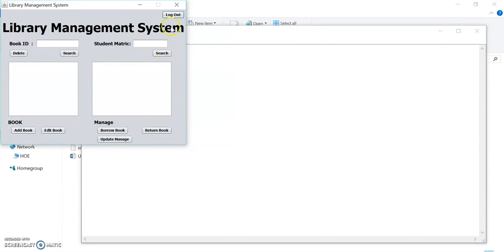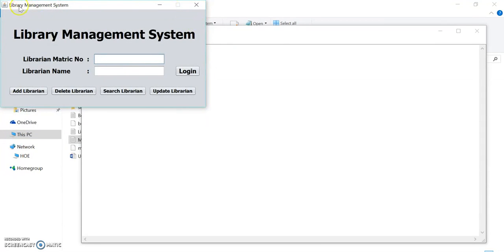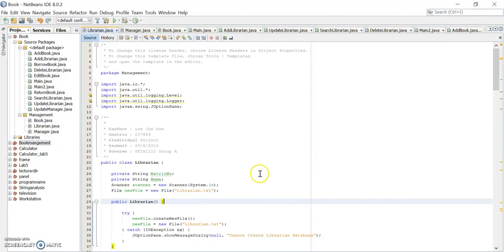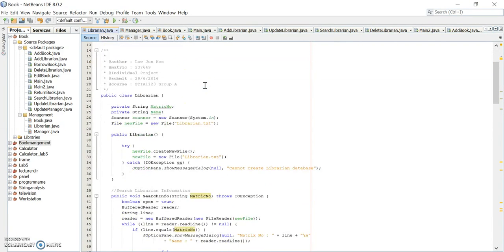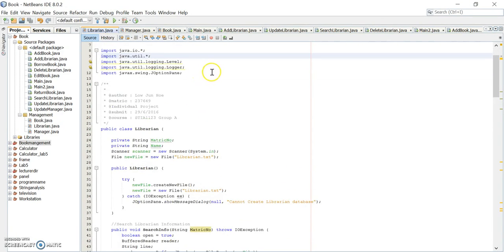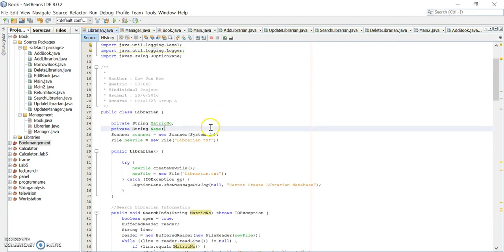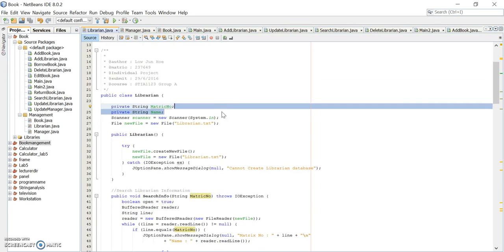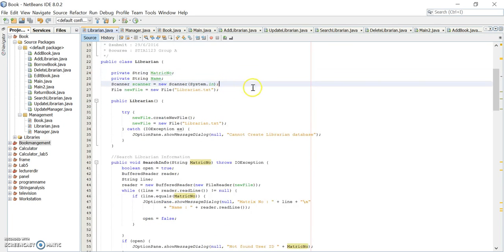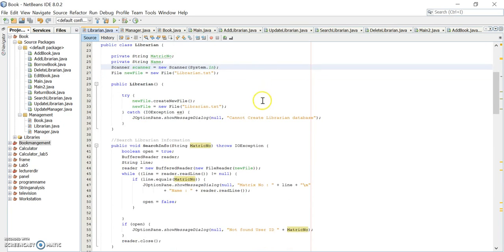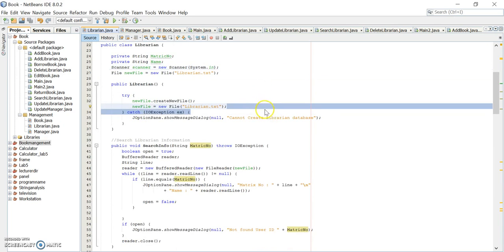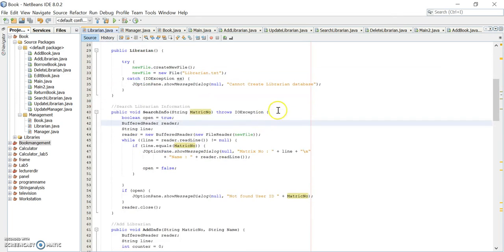So after this, if you do nothing, the librarian can log out of the system and go back to the first interface. Now there are three classes of the book management system, which is librarian, manage, and book. So first is the librarian class, and here's the import, and this is the declaration for the variable librarian matric number and name. We create an object for the scanner, and here's the exception handling for the database, and here's the search info method,